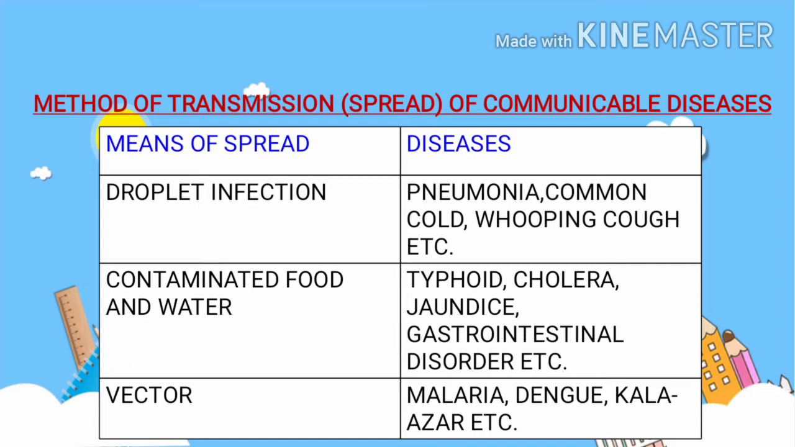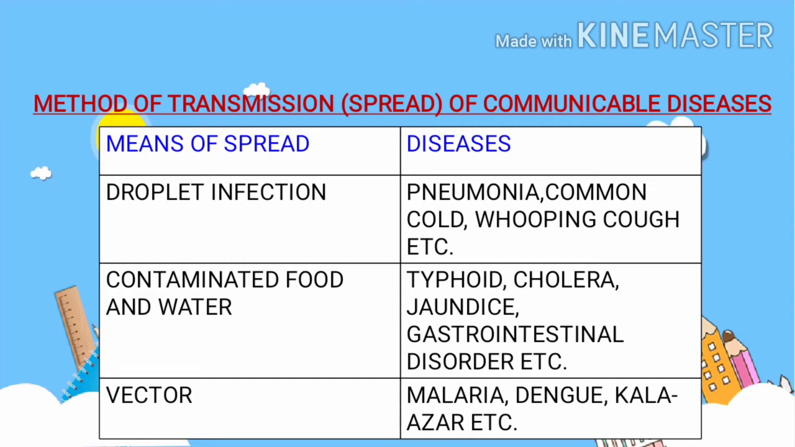So first medium through which such germs, such infectious agents can travel is air, and such type of diseases whose infectious agents travel through air will be called as droplet infections. We have few examples here with us. These are pneumonia, common cold, whooping cough, etc. Students,